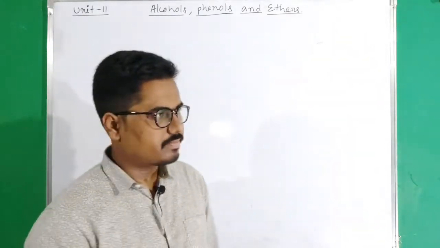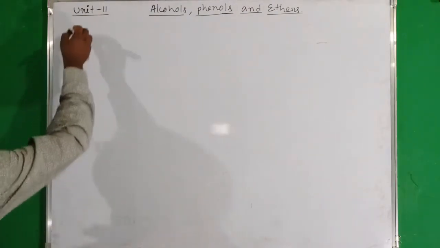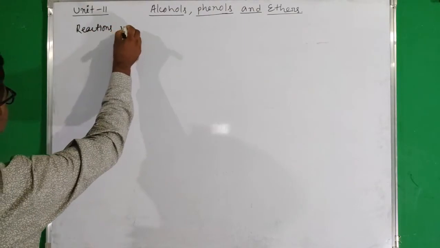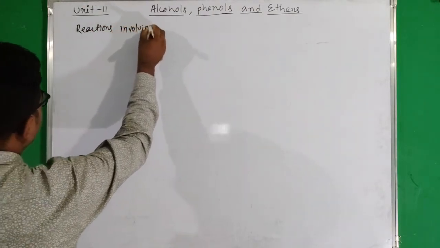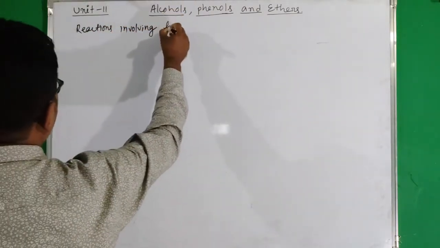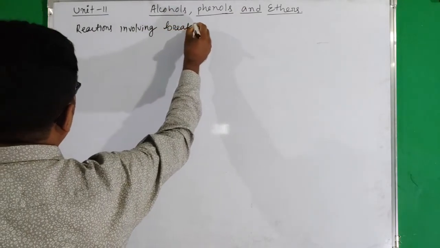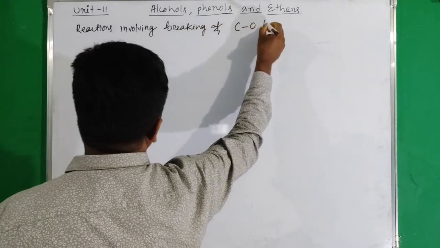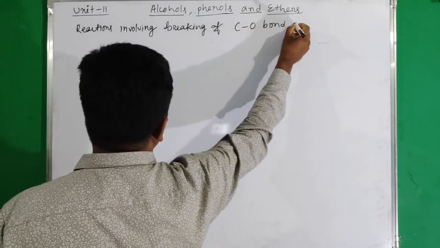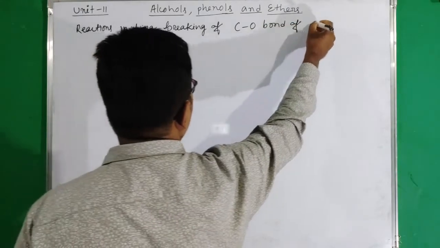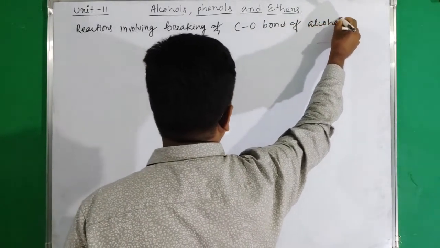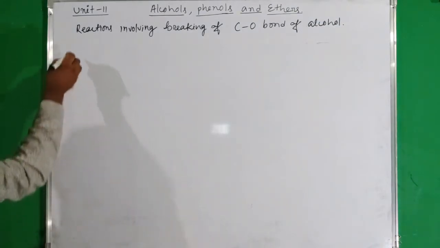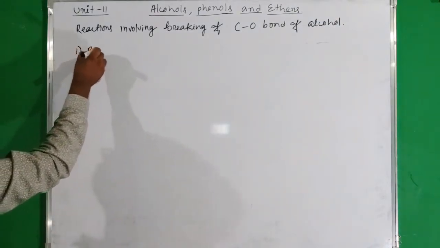So our heading is reactions involving breaking of the carbon-oxygen bond of alcohol. Okay, so the first reaction, number 1, is reaction with phosphorus halides,